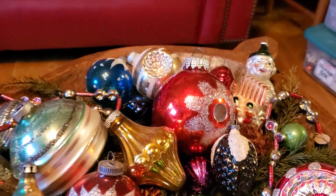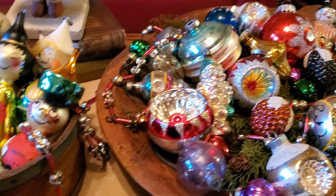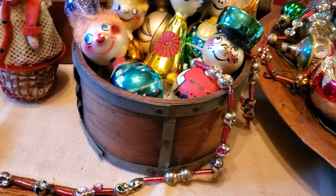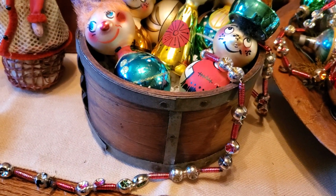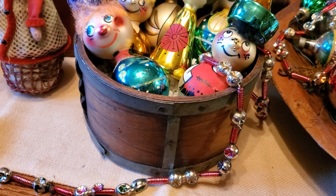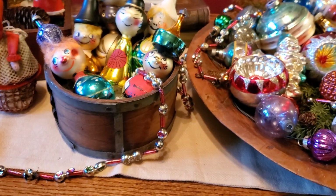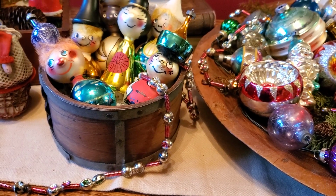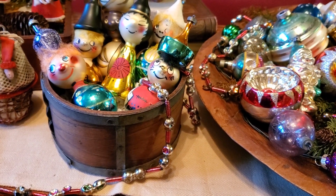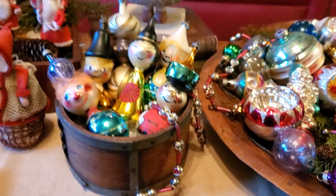Just beautiful. And the garland that is running through it, and over here, that is a vintage glass garland. A couple of the little things are broken, but I don't care. They're so rare to find. The garlands are really much harder than ornaments. You can still find the ornaments, but the garlands are super hard to find. Now next,